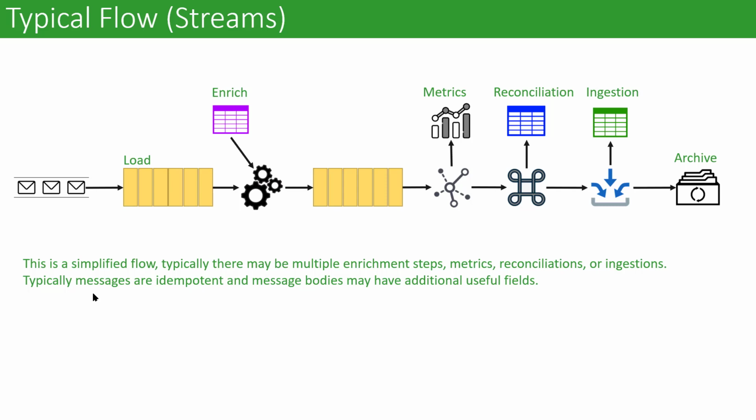And so it's useful, right? And you may not do all of these, right? You may just do some of them, but this is not an untypical flow where we want to use stream-oriented data to get something done. But again, the fundamentals of being able to have attribution is critical, as well as the audit trail of who did what processing to this piece of data and why was it selected for a metric, why was it selected to participate in a reconciliation, ingestion, what have you.